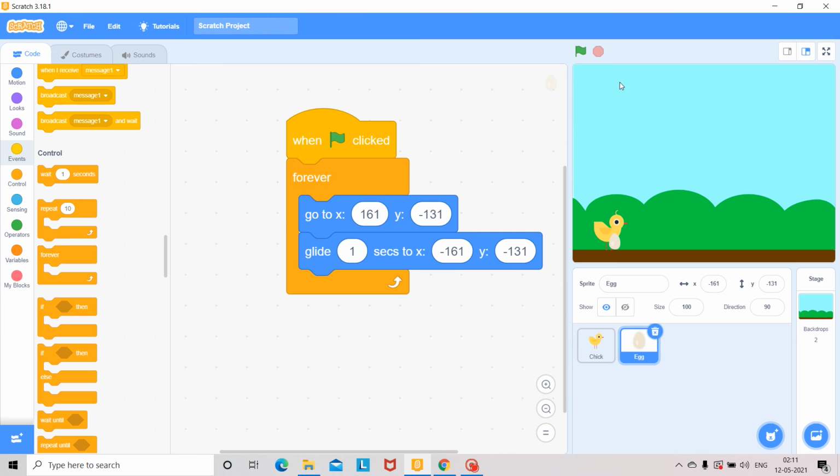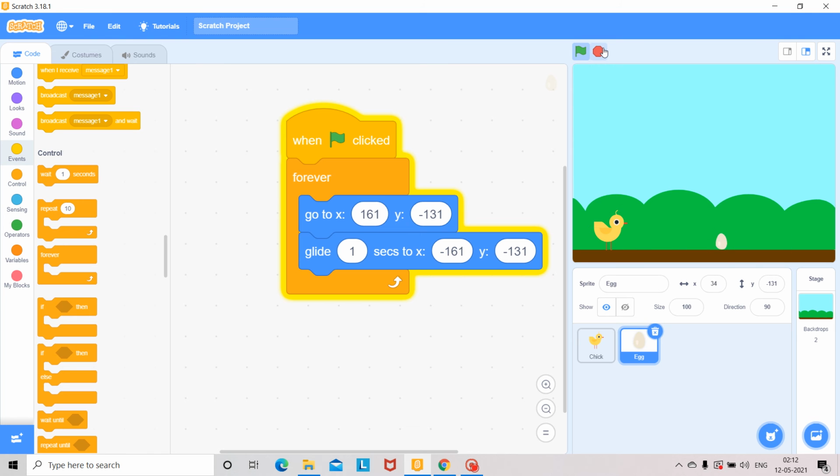So when the flag symbol is clicked, the egg comes forever towards the chick, and the chick will jump over the egg when you click the space button. Okay, let's start now.